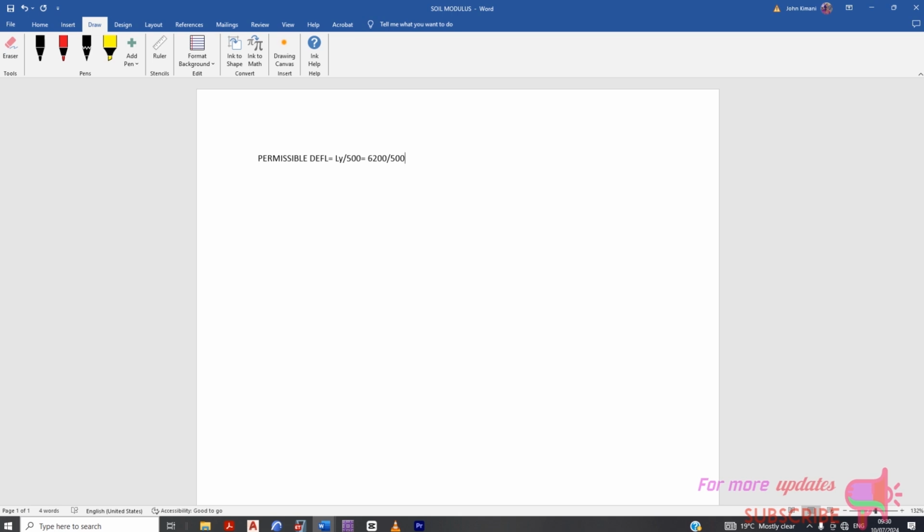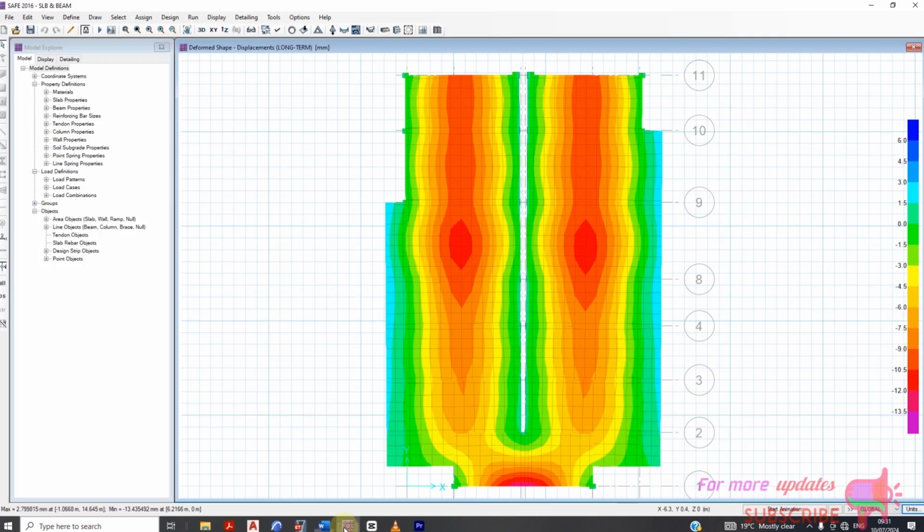let's check. The answer is around 12. Now 6200 divided by 500, that is 12.4. So the answer here is 12.4 millimeters. Now in the same panel, this one,